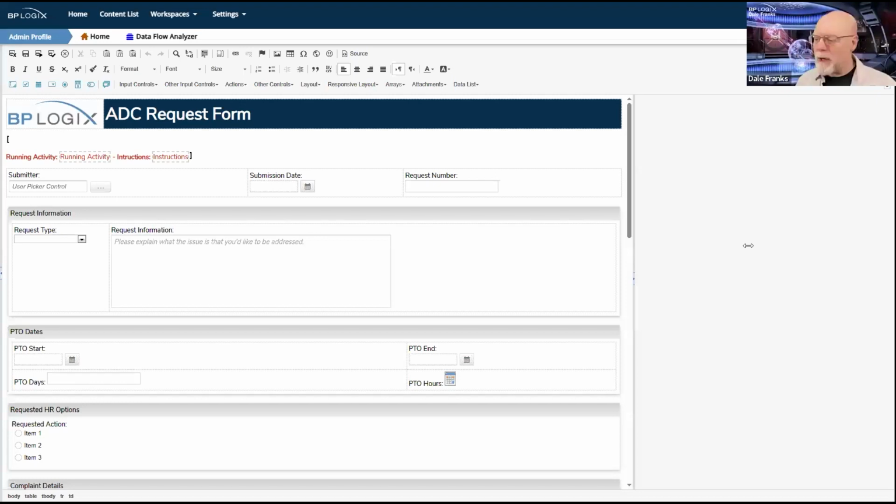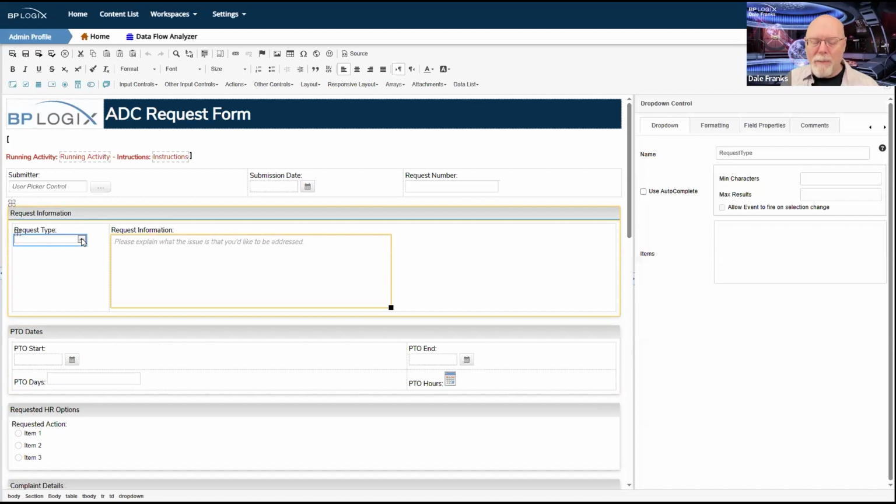So let's do a little review of what we've done so far to try to catch ourselves up, since we're now 3 weeks into this. So I have a form. It's a fairly simple form. It allows us to handle multiple request types. And based on the request type that we are addressing in our process, we need to provide some different information, and our process timeline needs to do some different things.